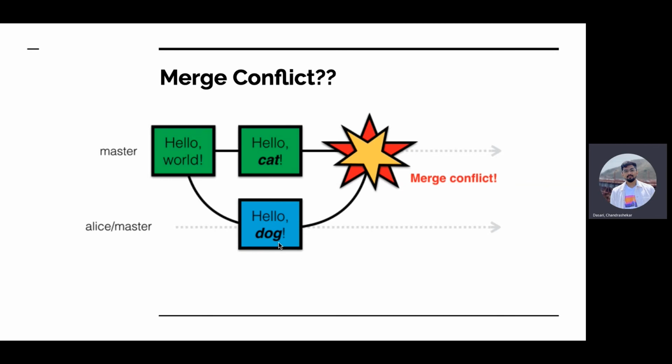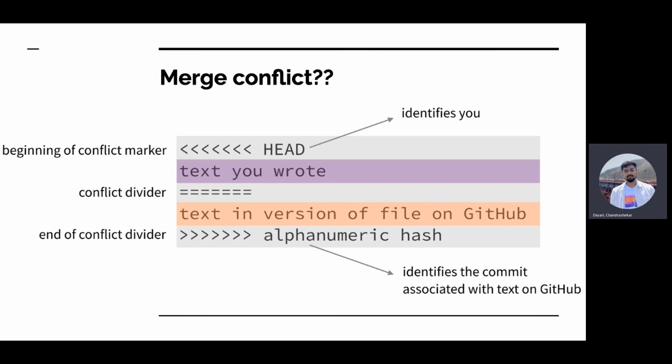To handle this, Git automatically figures out what the changes were, and it lets you know inside the code itself. This is literally put inside your code, by the way. There are three parts in here. The first part is known as the head. The head is whatever code you wrote, and there's a content divider, and after that is whatever the other person wrote. So you can pick and choose which code you want. Basically, you remove the three dividers, and you can just merge it again. It should be fine. Other than that, you can't merge until you resolve the conflict. That's what it's known as.